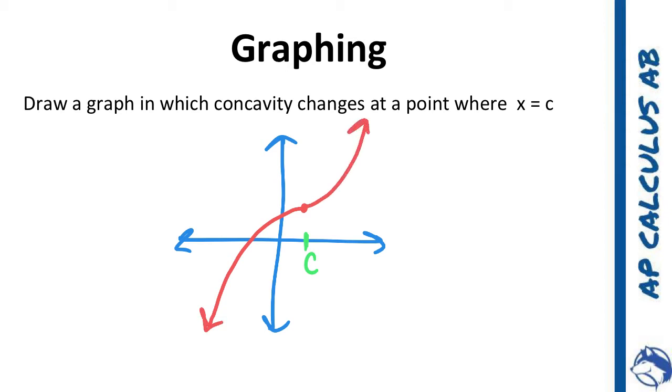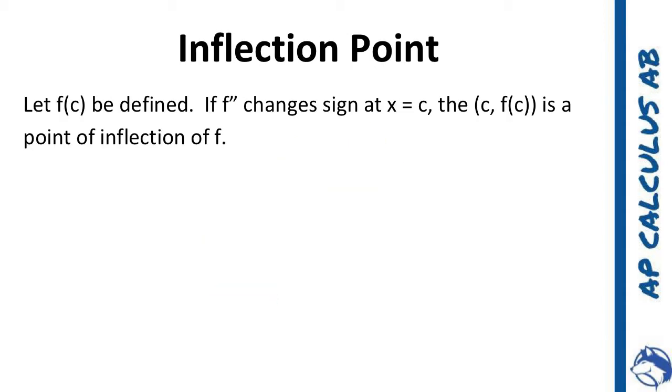And so this kind of looks like an x cubed function where it's going to switch concavity, because this is downward and this is an upward concavity. So let f of c be defined. If f double prime changes sign at x equals c, then (c, f of c) is a point of inflection of f. So if I had that graph back here,